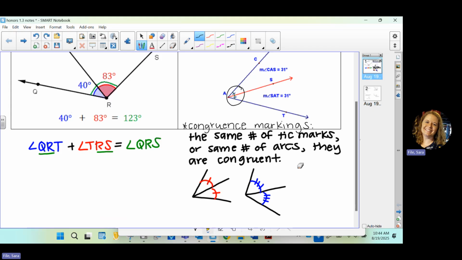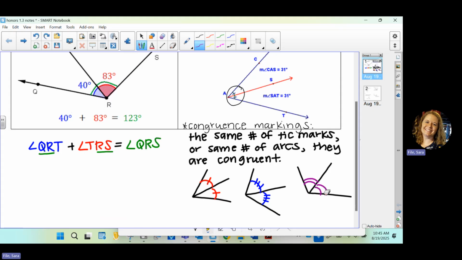Okay, and then you could do it with arcs. So instead of tick marks, I could just draw 2 arcs on this one and then 2 arcs on this one. And that means they're congruent because they have the same number of arcs. Okay, so there's a couple different ways you can mark angles congruent. Now with segments,